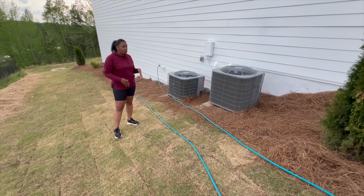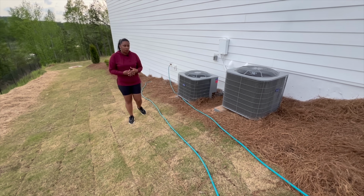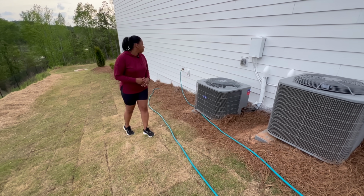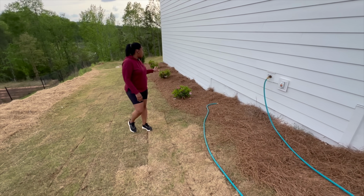So I do love that, and vice versa, or we can run it all together. And then we have a separate unit for the basement because it is a finished basement. So when you build with Fischer and do a finished basement, they do give you an additional AC unit. So moving on down here, again, keeping with that theme, I'll move those other